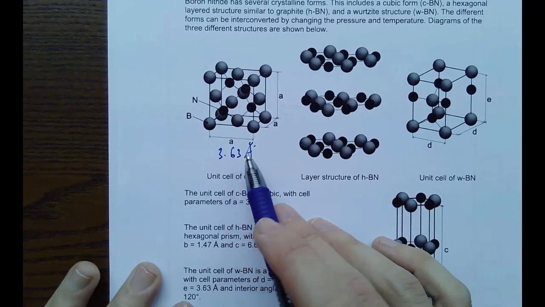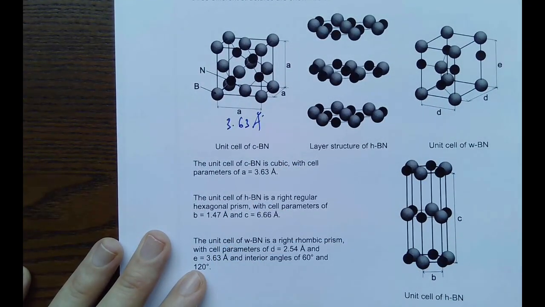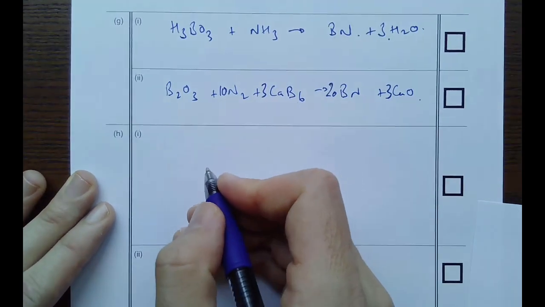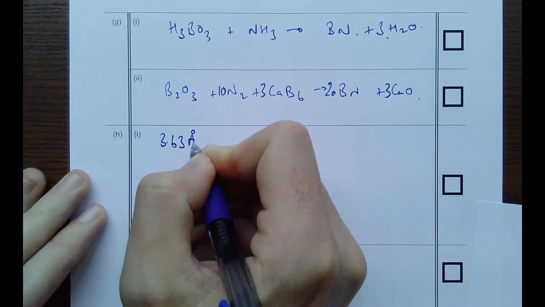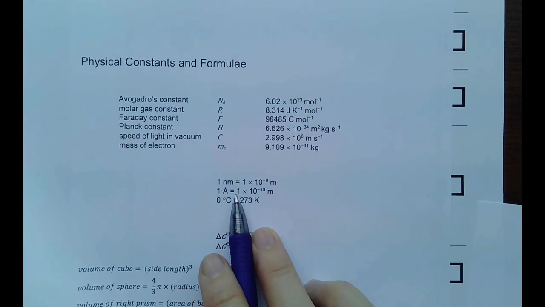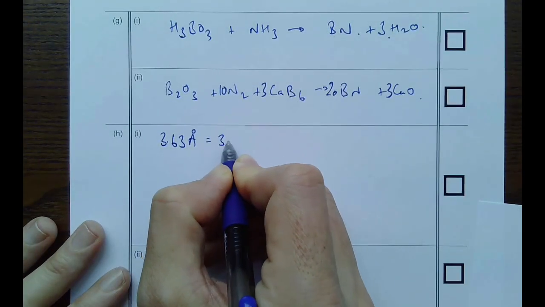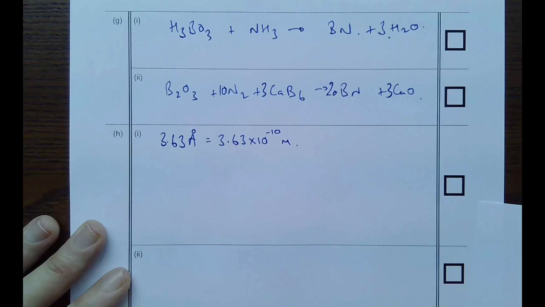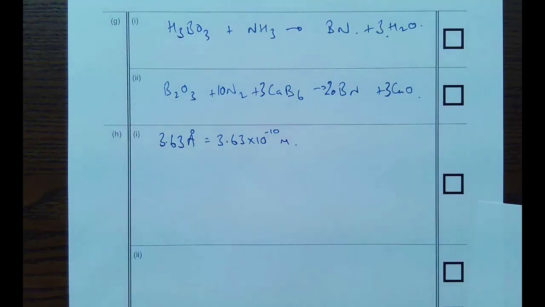The only thing you need to do is, because it tells you to do it in centimeters cubed, you've got to convert your angstroms into centimeters. So, how would I do that? I'm a little bit prone to making mistakes. So, what I do is I go 3.63 angstroms. It does tell you to use the formula page here, and the formula page does very helpfully tell you the unit conversion. Okay, so I would write 3.63 angstroms is 3.63 times 10 to the minus 10 meters, which is not helpful because I want it in centimeters. Now I know that 1 meter